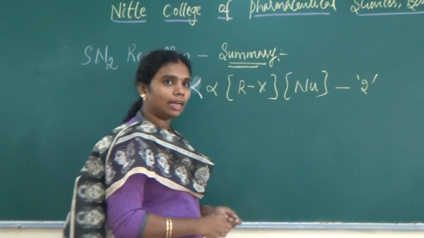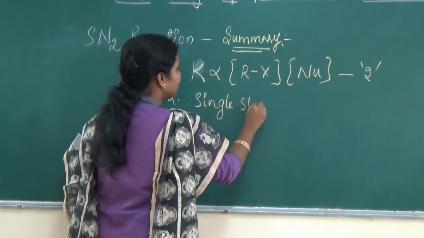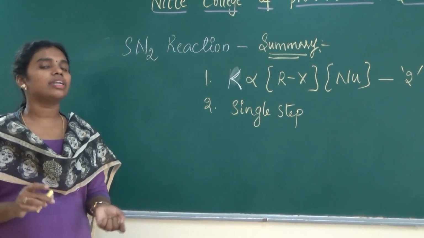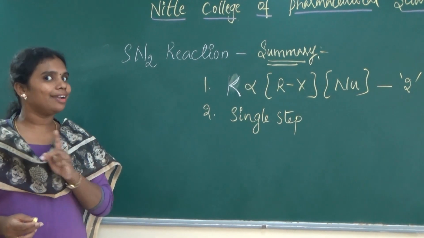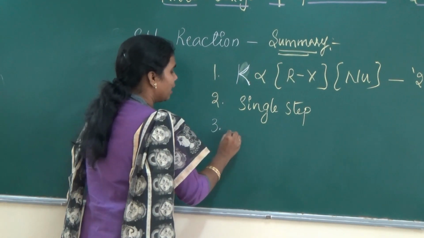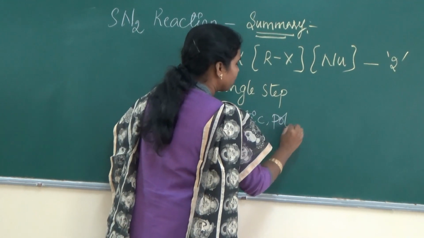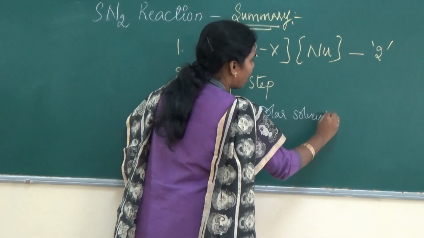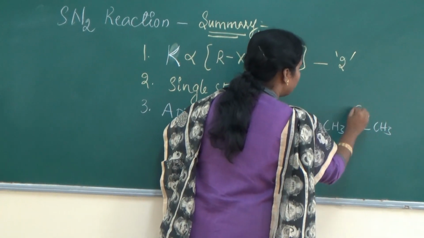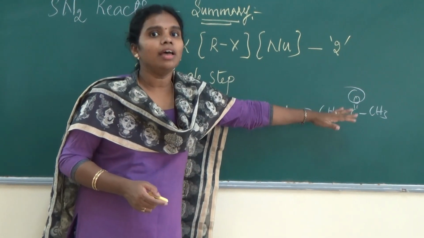Okay, bimolecular reaction. The second point is, this reaction will happen in a single step. Okay, so bond making and bond breaking are happening simultaneously. In the transition state, finally it is releasing the product in a single step. It's not a two-step. There is no formation of an intermediate here. It's a single step. And the third one is, it requires an aprotic polar solvent. The best example is acetone. You can see the structure of acetone. It is having an oxygen group. Because of that, it is having polar nature and there are no hydrogens here. So it's an aprotic solvent.